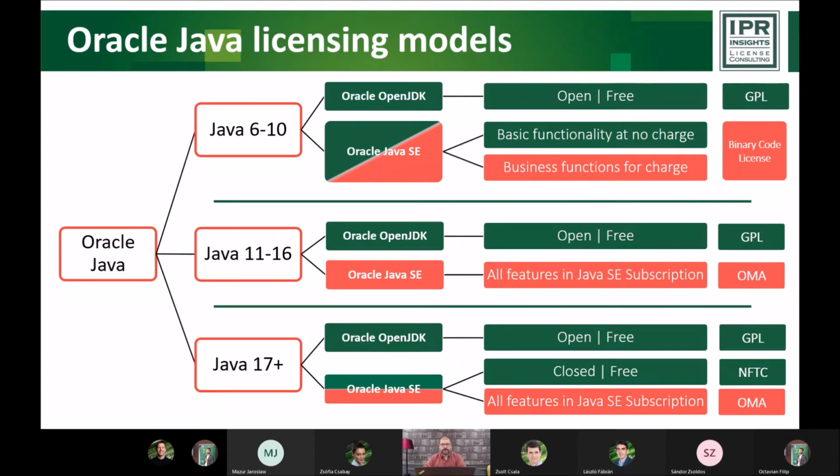As far as the proprietary version goes, it came under an agreement called Binary Code License, or BCL for short. And what it meant was that the basic functionality of Java Standard Edition was available at no charge. It was basically for free.